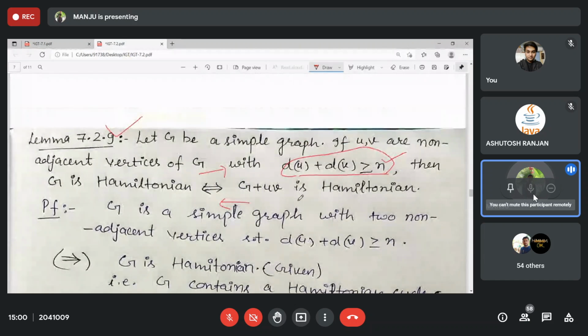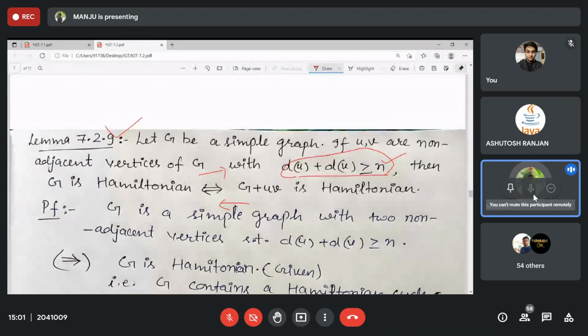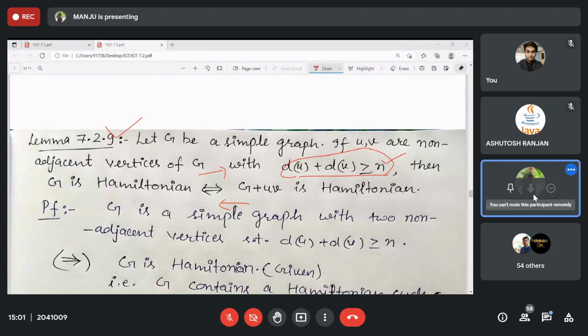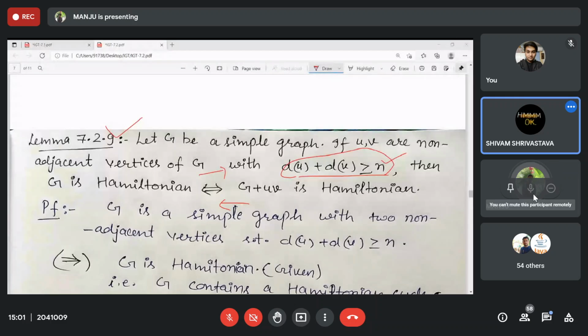Yeah, in the next class, what would you want? Chapter 1. How many classes are left? Okay, chapter 1, and if time permits, chapter 2 as well. Tomorrow morning, I think Chapla ma'am will take this class. I don't know whether she has joined or not. She has joined, ma'am. Okay, I'm stopping here.